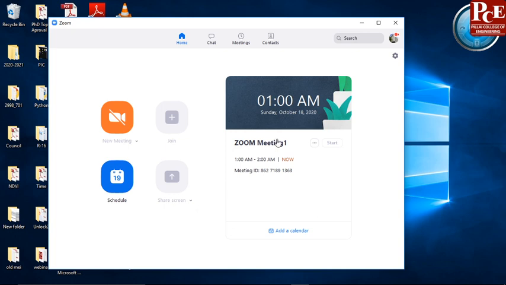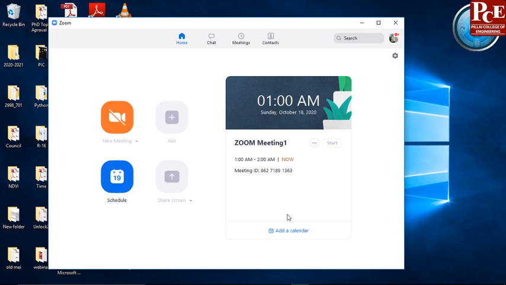Now I'll explain how to share the link. Now already we have scheduled this meeting. So when I'm clicking on this particular tab, here you can find copy invitation. So simply when I copy this invitation, my meeting ID, my passcode, and the link for this meeting is copied, and you can send this link to your students either through email or through WhatsApp.